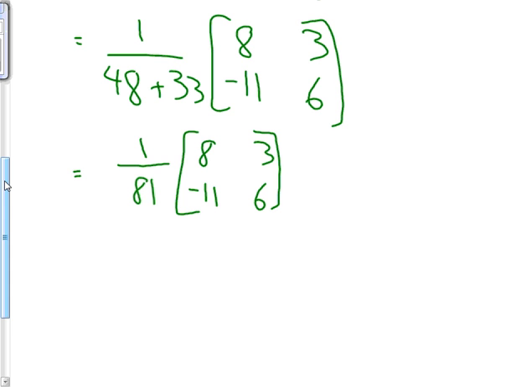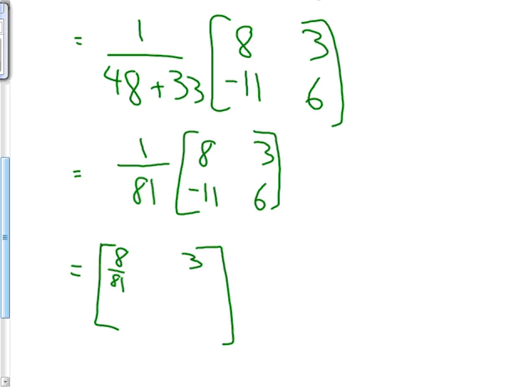So, we will end up with a matrix. Once we multiply this scalar into everything, we have 8 over 81,